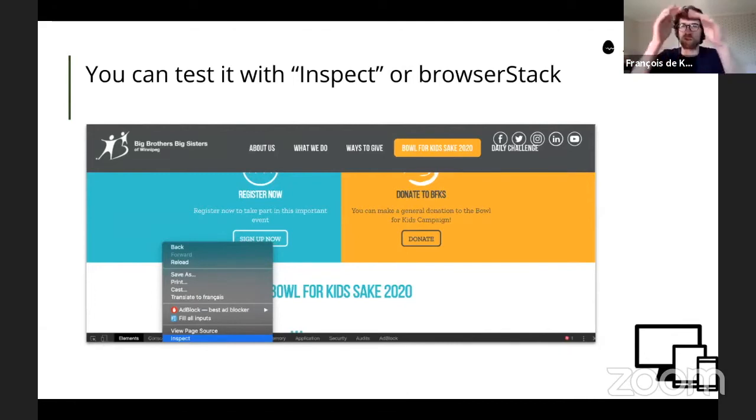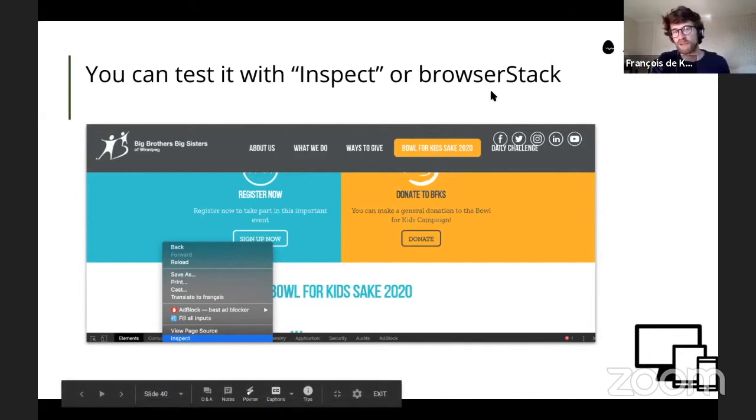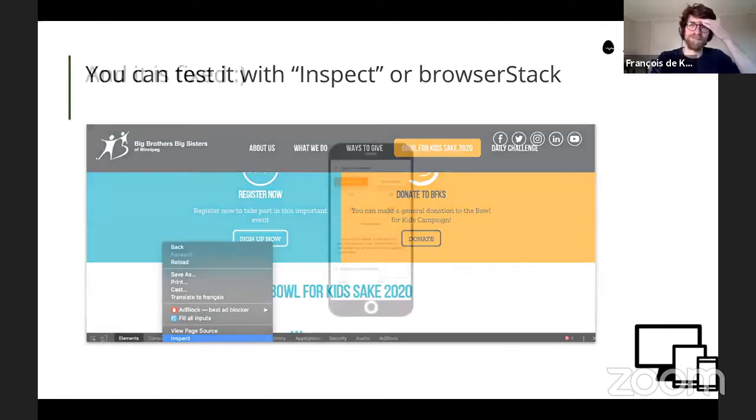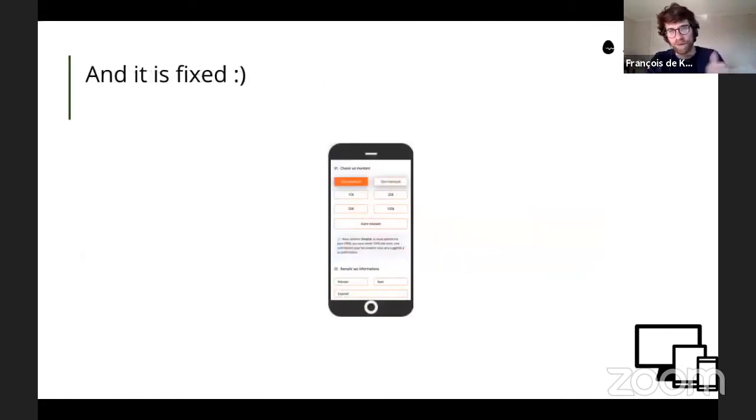It will show a fake cell phone experience. You can also use BrowserStack. BrowserStack allows you to test your website with whatever you want. If you want to try the new iPhone 10 on your laptop, it's super easy. And now it's fixed. You have a super good experience on your cell phone.